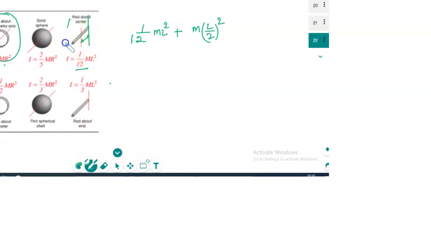Okay. See, you understood now the parallel axis theorem. This is the one axis. We know the moment of inertia about it. We don't know about this axis, correct? We got this one after adding the mass and distance squared. Is it clear?